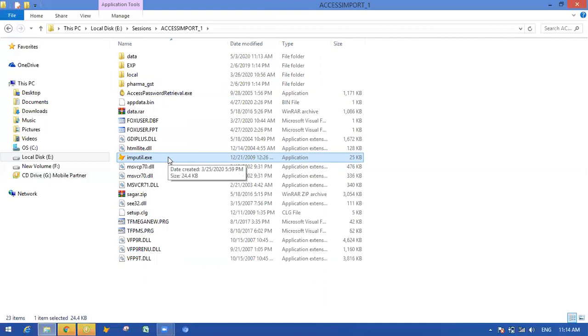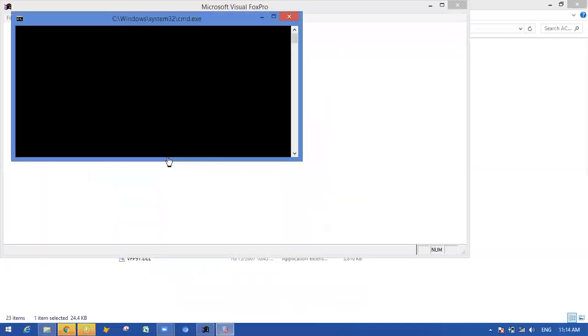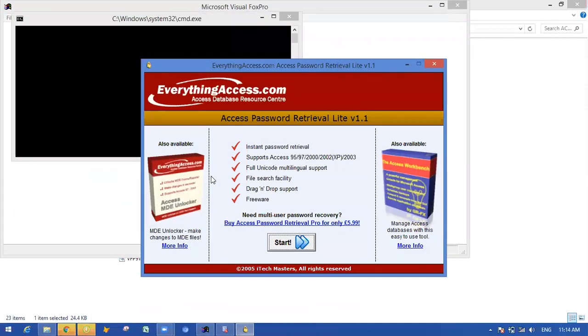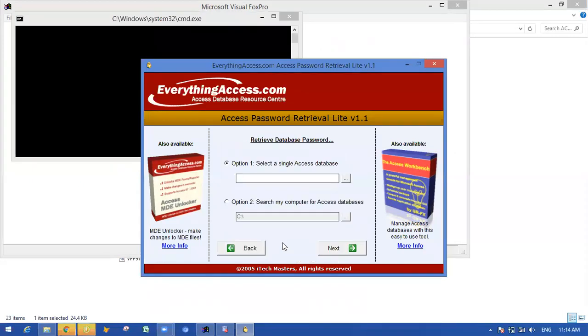Once you double click on this, you will get this. We get the home screen of the Access Import tool. Now we should start the conversion. So I will click on Start.